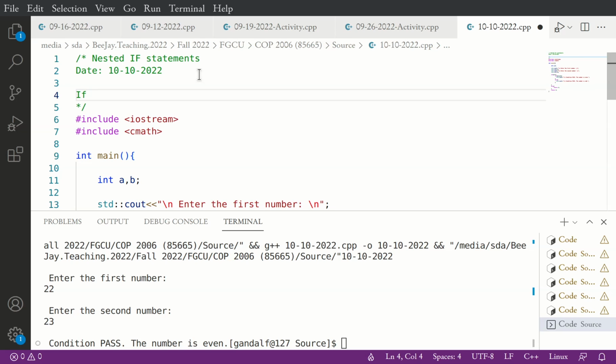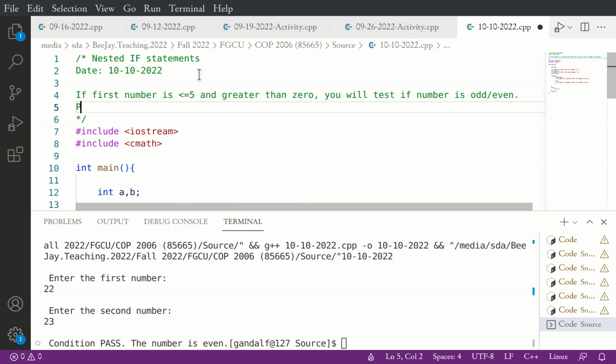So if first number is less than or equal to 5 and greater than 0, you will test if number is odd or even, print appropriate output.